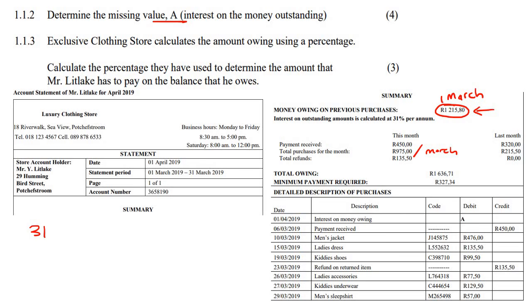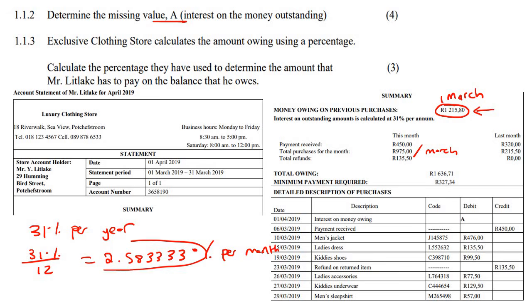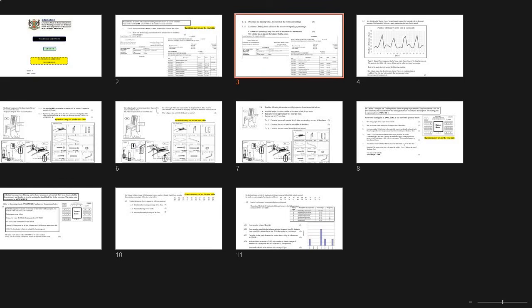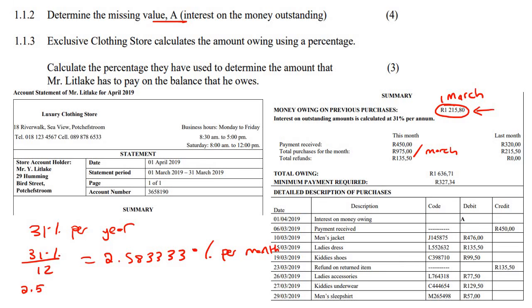Well, if you're saying 31% per year, then 31% divided by 12 is 2.583333, so 2.58% per month. So if you then add 2.58% of interest onto that amount, the way that you'd calculate that is you'll just say 2.583333 multiplied by the amount, 1215.80. And if you work this out, sorry, this is meant to say percentage, and then percent of the amount,